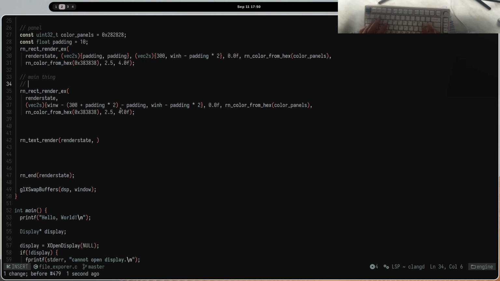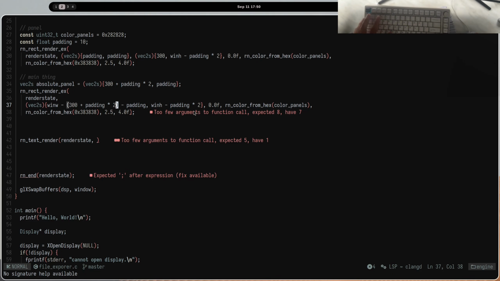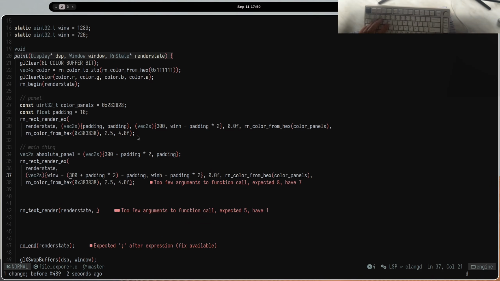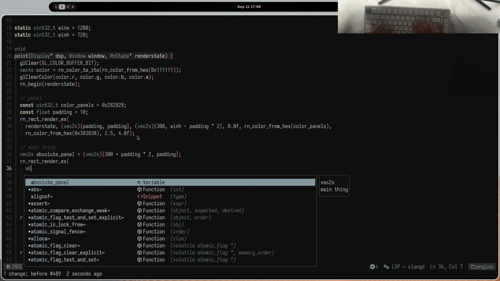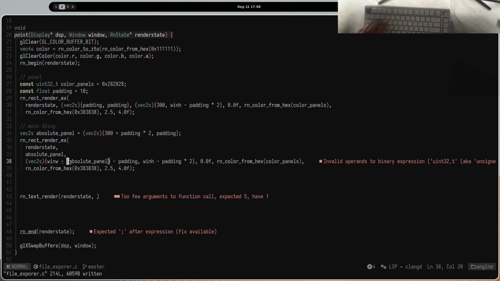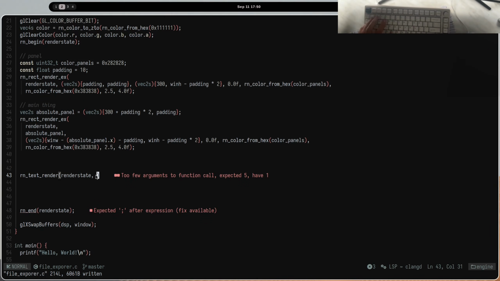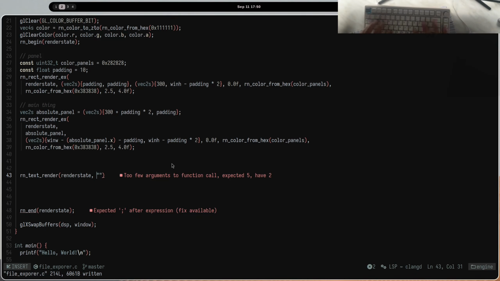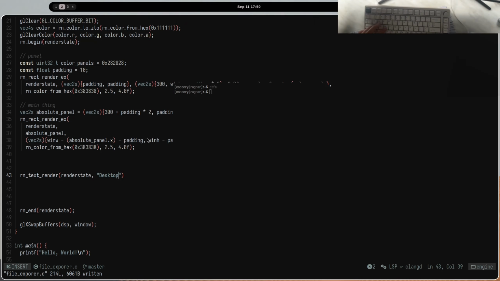So let's say back to as local, I don't know, this is more like absolute panel actually. And then let's say here absolute panel and absolute panel. After that, and then .x in here. And for the render, we say, okay, we render some text, and it is desktop, right, or something. Computer,